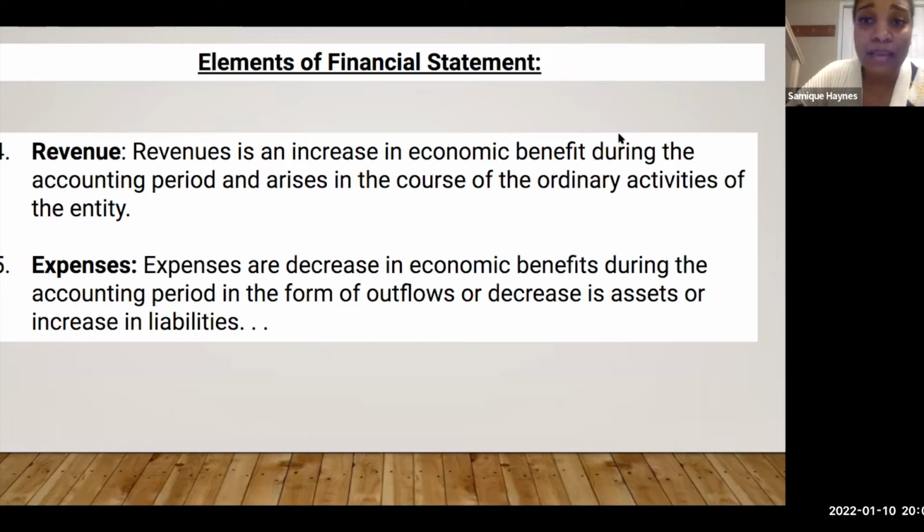But guess what? This is the important part. Listen to this. If you sell something, whether you are paid or not, it is still a revenue. You don't have to wait until they gave you cash for it to be considered revenue. I'm selling this pencil. You come to my store, I give you the pencil.